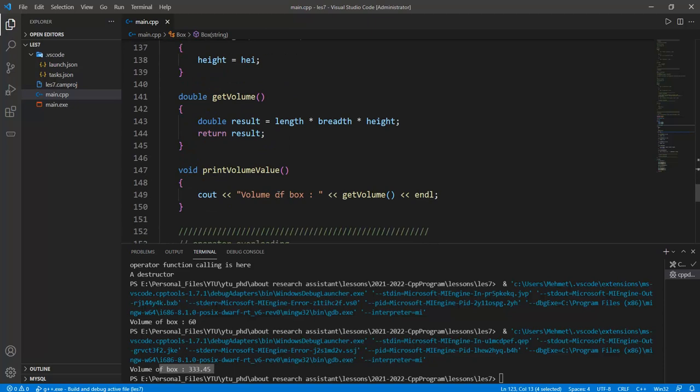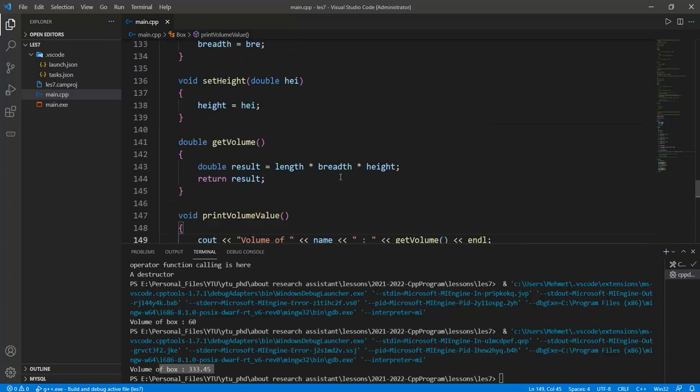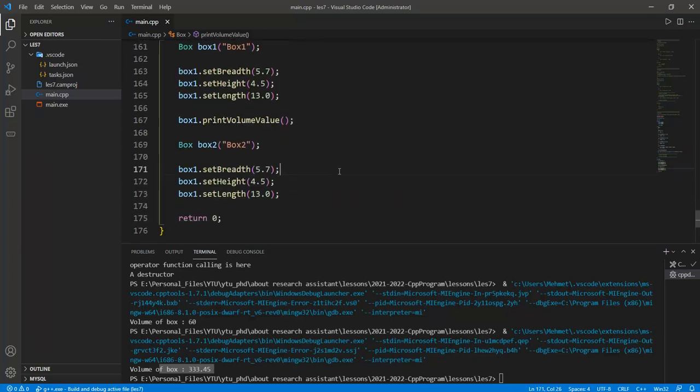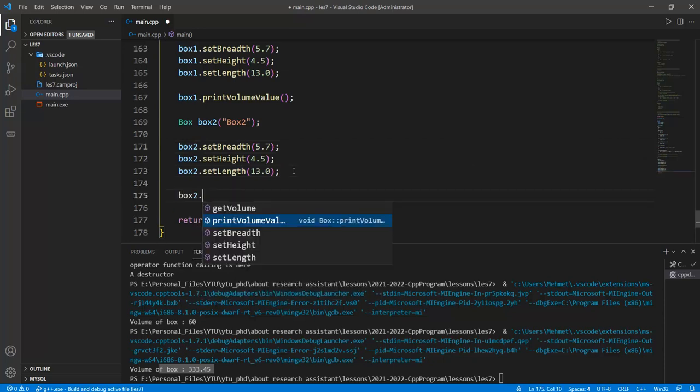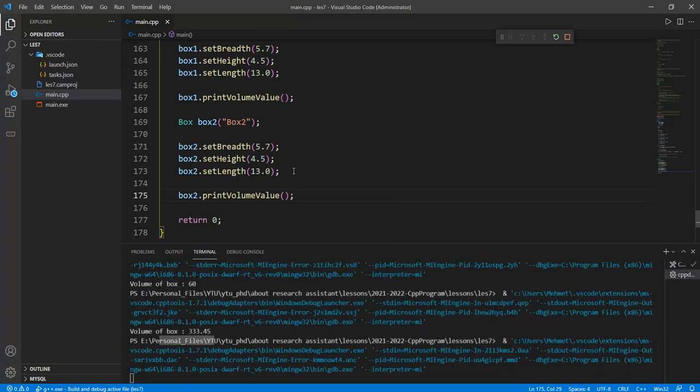And so in the volume of box, volume of name can be written in this notation. Okay, and so we can write the box 2 in here, and so box 2 print volume value can be called by this notation. Okay,